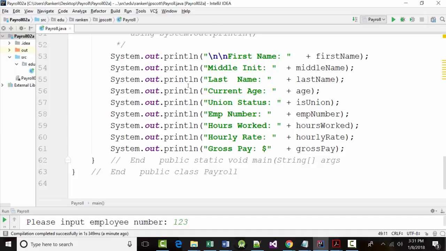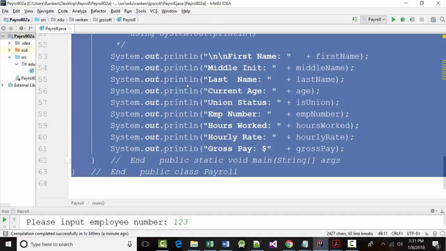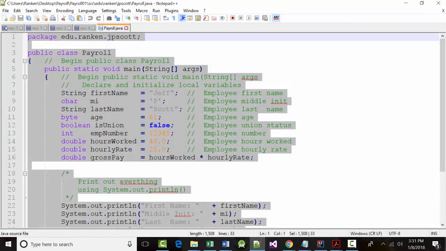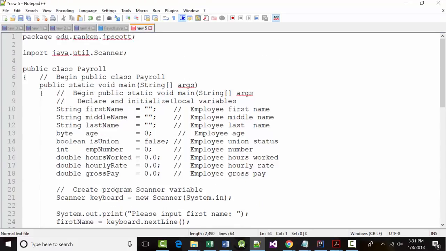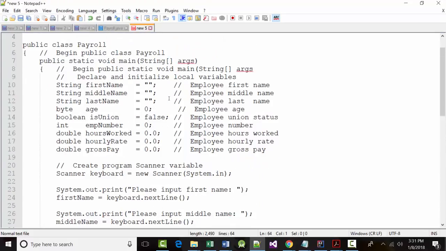What I'm going to do, just so you see it, is another Control A, Control C. I'm going to open up Notepad++, and I'm going to paste that right in. So now I've got a copy of the one I just did. So now I can copy that over when I do the next iteration of